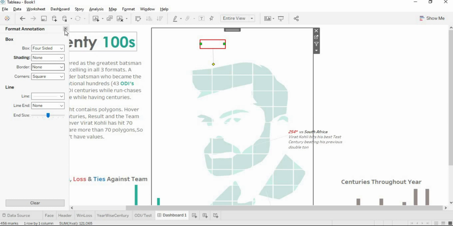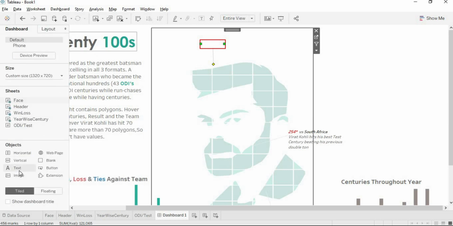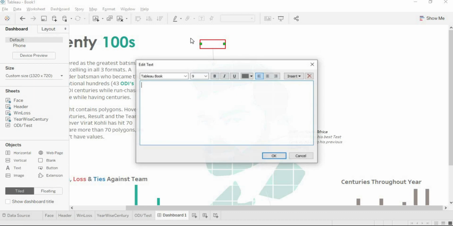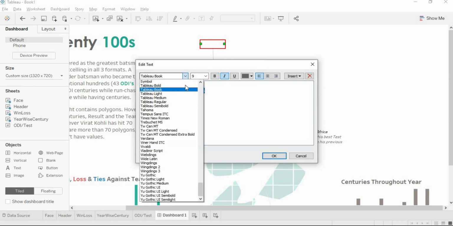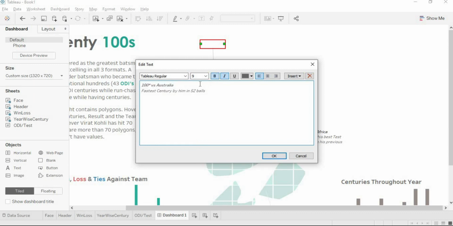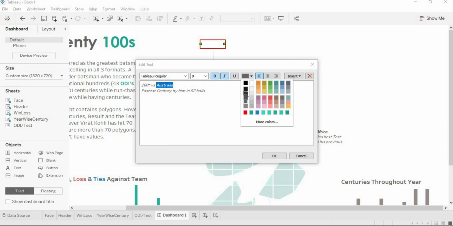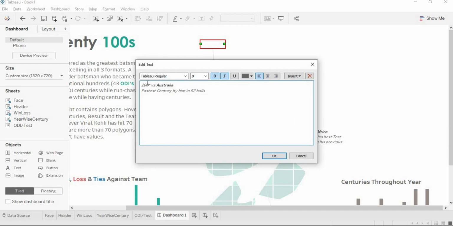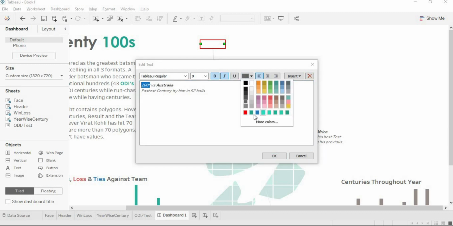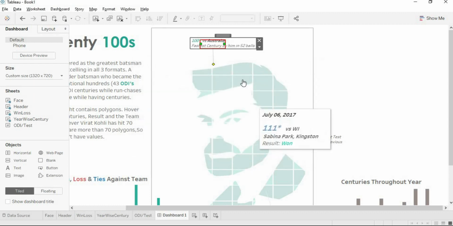I will use the text object from object, paste, italic. Okay, and this section should be bold, and the entire text should be Tableau regular. Okay, the country name should be given a darker shade, and as it is an ODI score, I will be using green color.